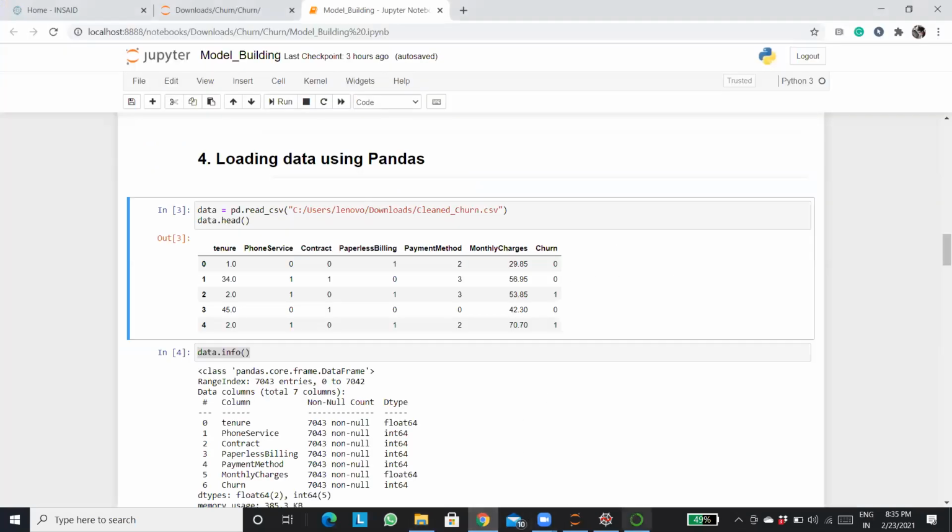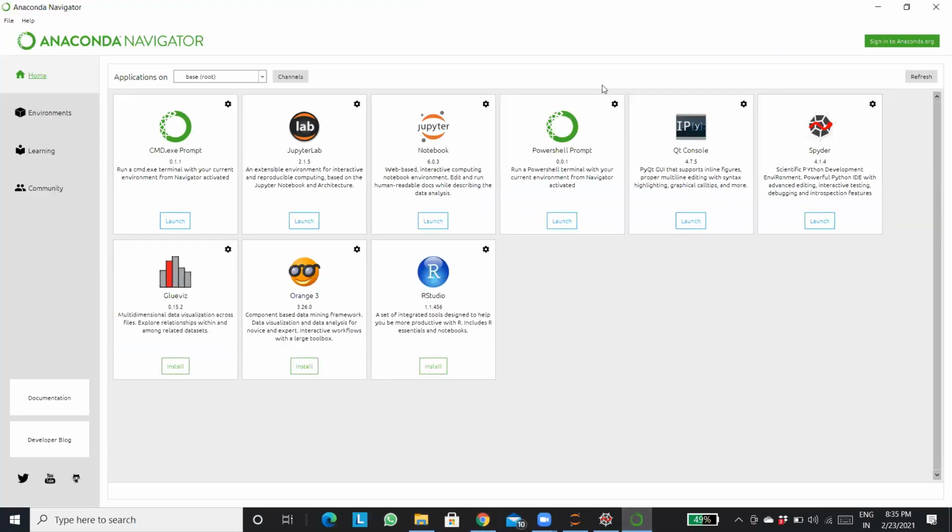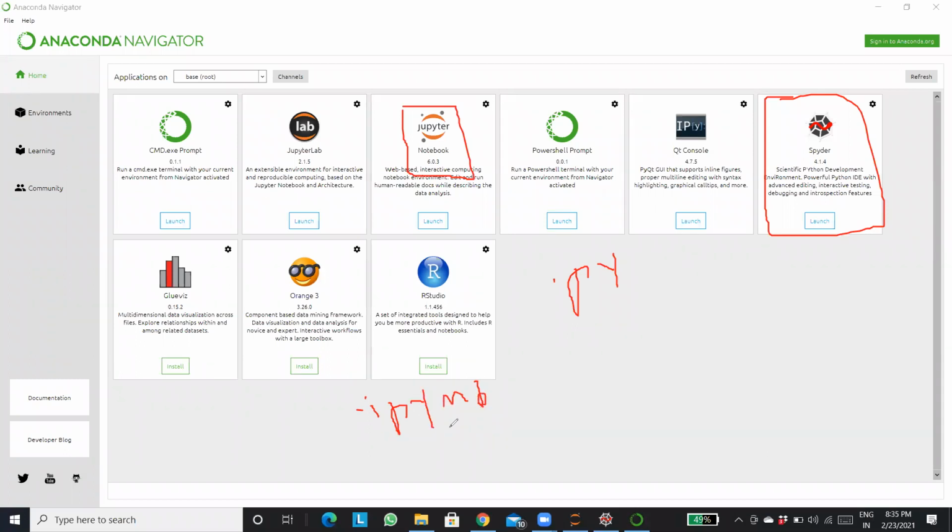So this is your Anaconda prompt. Yeah, so you are having Spyder over here. Let me just start the annotations here. This is your Spyder. For .py files, either use Spyder or you can use your PyCharm as well. Don't go for Jupyter Notebook. Jupyter Notebook is preferably used for .ipynb files. Okay, getting my point? Okay, I'll close it.